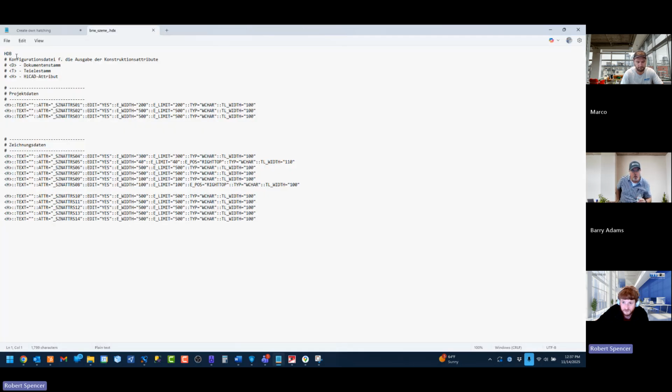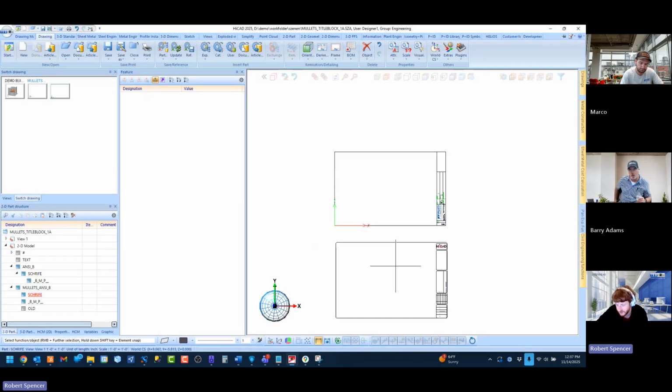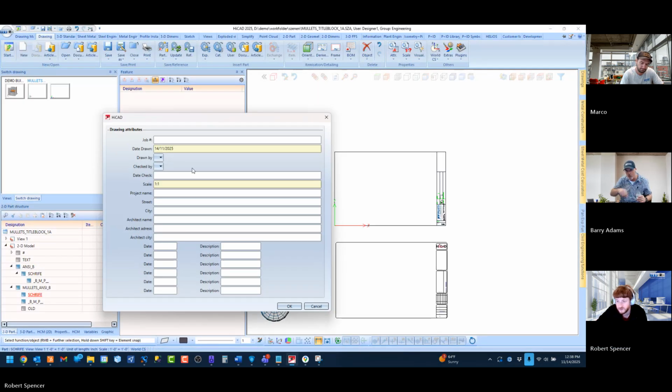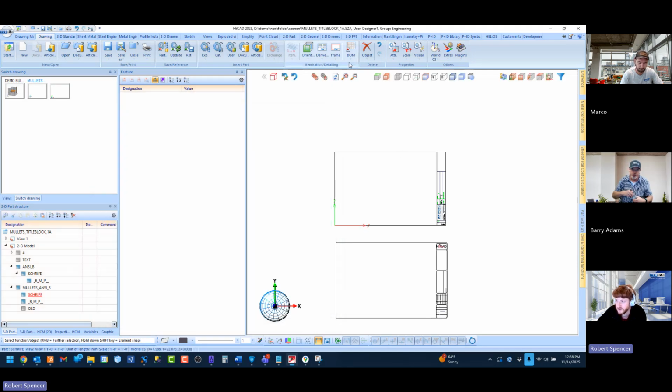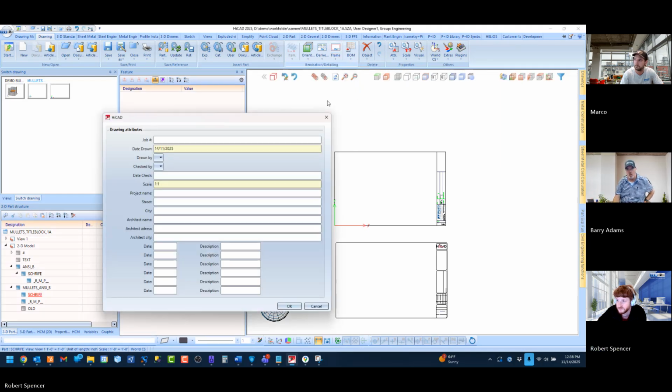This file is your menu that pops up. So right now we got some kind of default. I got something loaded, and I hit the O key, which brings up the complete title block button. So here it brings up this menu,